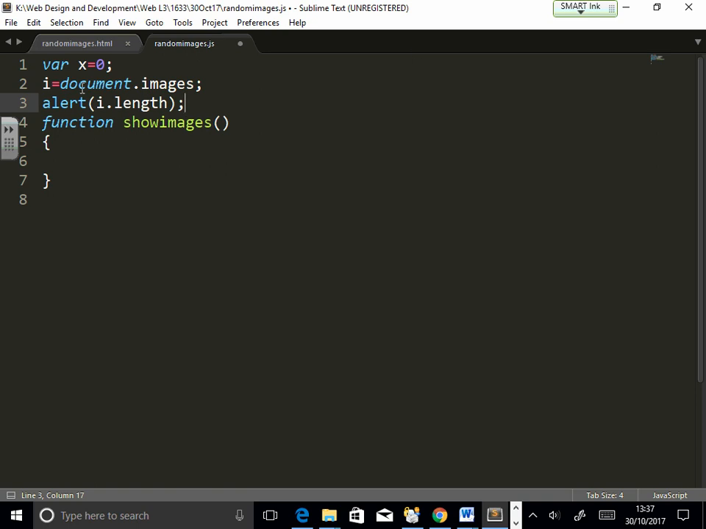So this document.images is a property of the document. It doesn't take anything out of the page, but it automatically creates a list of how many img tags are on the page. It creates an array of that. And that means my array is i, right? And I am saying i.length. Is that okay? So if I run this at the moment,